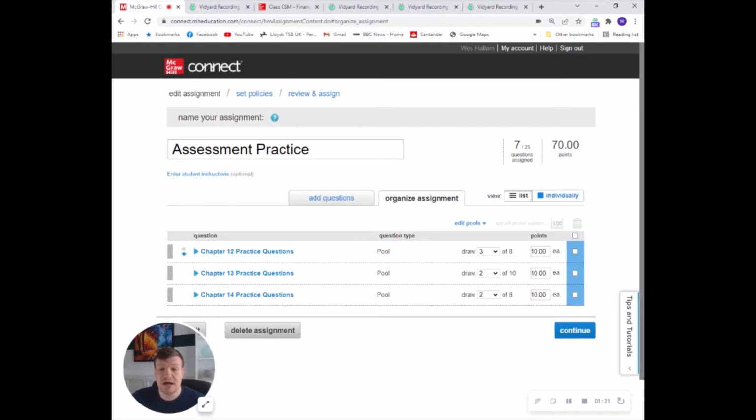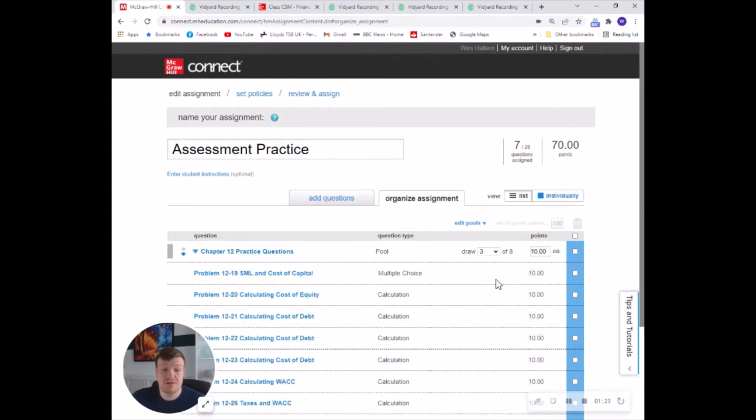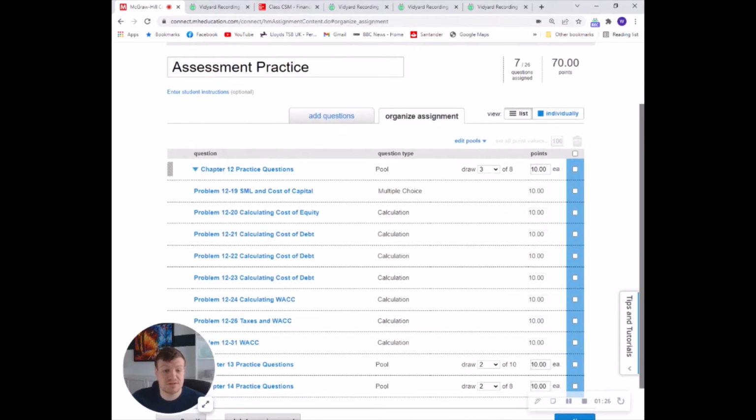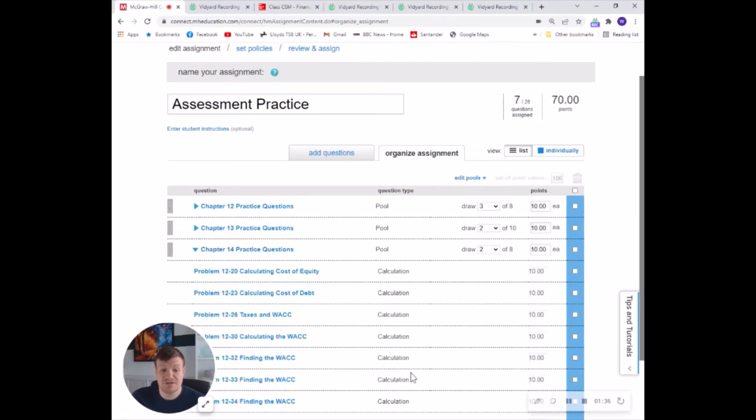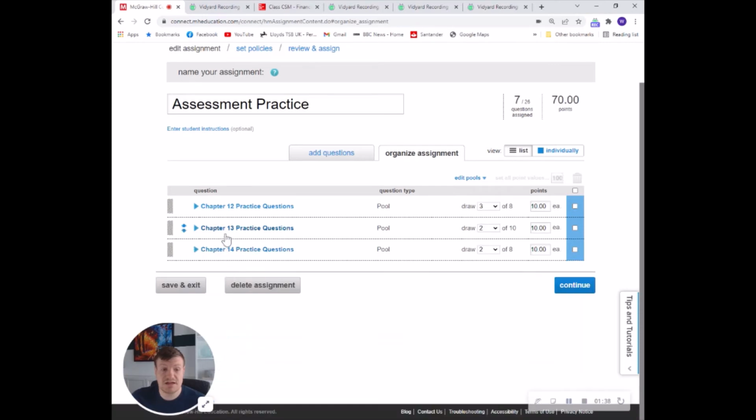through. And this means that from chapter 12, they're going to do 3 out of these possible 8 questions that are in here. And each time they go through to do it, I can set it up so that they have a different set of 3 questions each time. And similarly, I can do the same thing for chapter 14 and for chapter 13. Now, this might feel like it would take a long time to do, but let me show you how simple